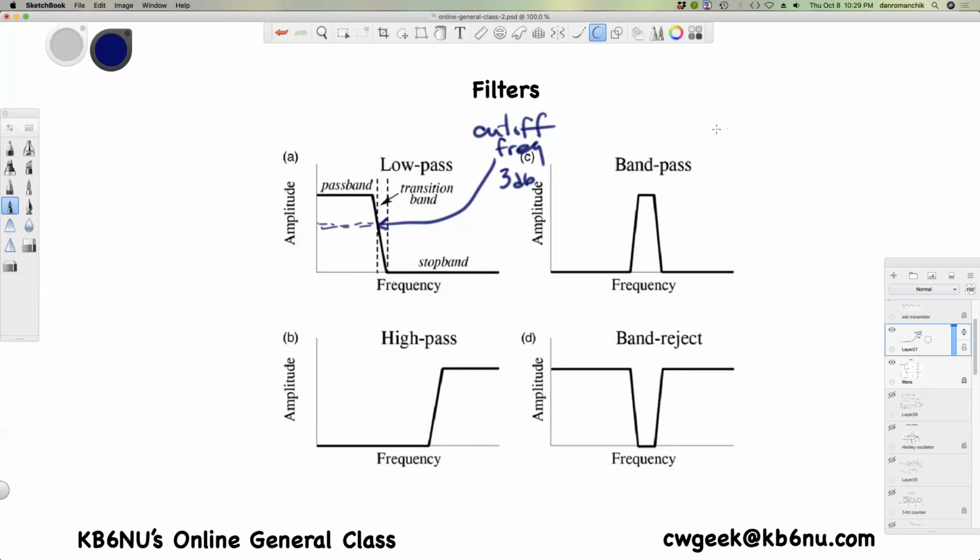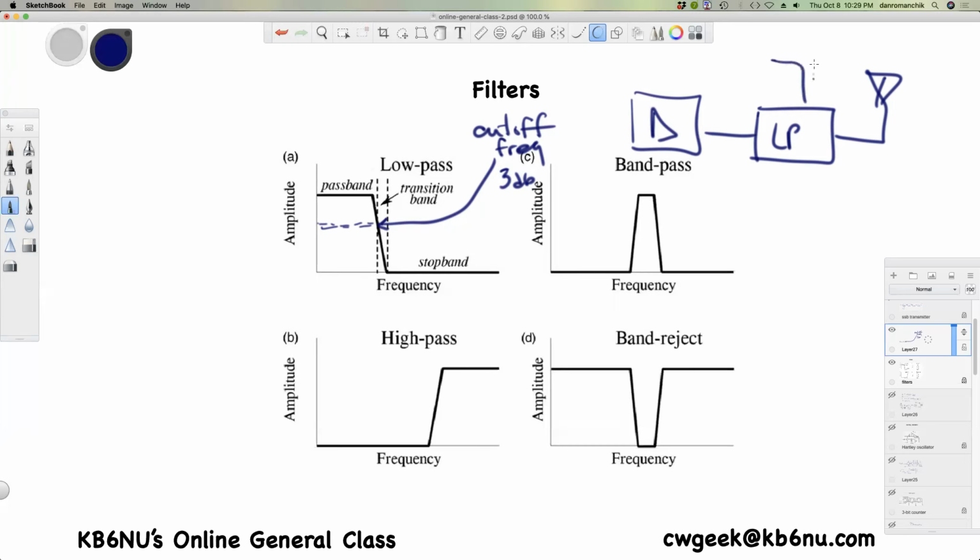So how would you use this? So if you were building a radio, you have an amplifier here maybe in your radio, and you put that through a low pass filter, and that low pass filter might have a cutoff frequency of say 50 megahertz, right? So even though you're operating at HF frequencies here,